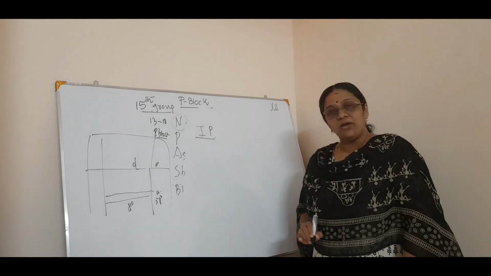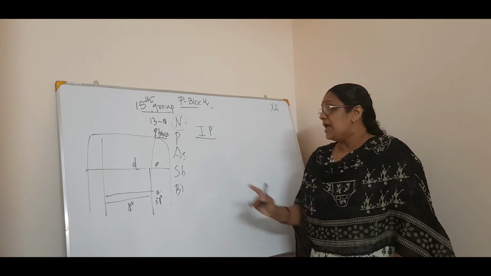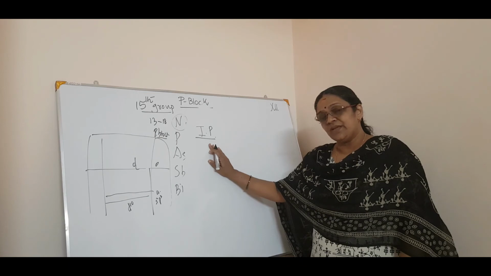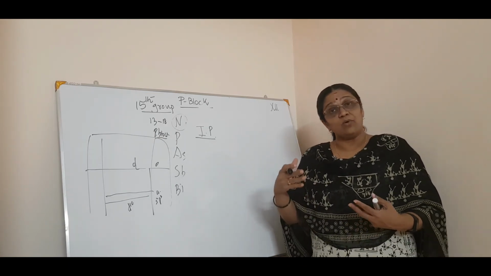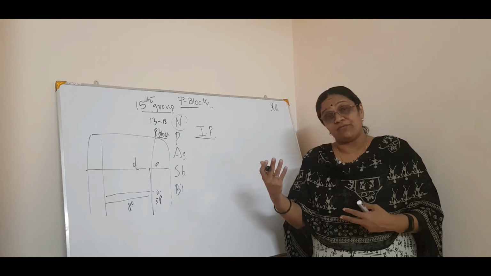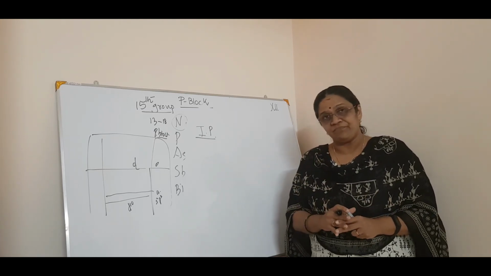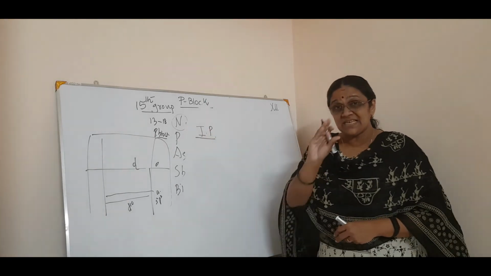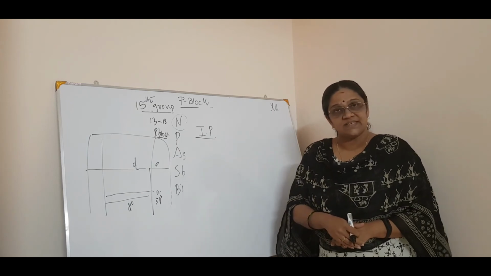What about IP of these elements? Now you know what an ionization potential is. What is ionization energy? The energy required to remove the most loosely bound electron from a gaseous neutral atom. That is the exact definition of an IP, isn't it? Now when you come to nitrogen, being a small size, the removal of an electron is difficult, isn't it?